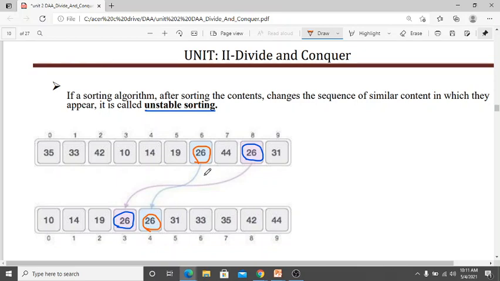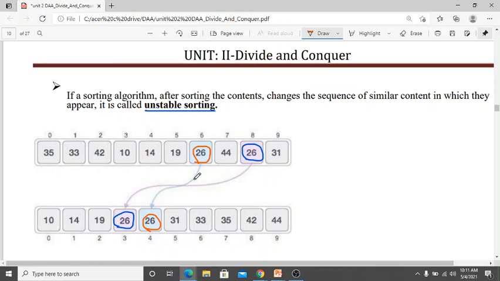The sequence is changing, because this one was first in the original array, but here it's coming after this. Whenever this happens, it is called unstable sorting.